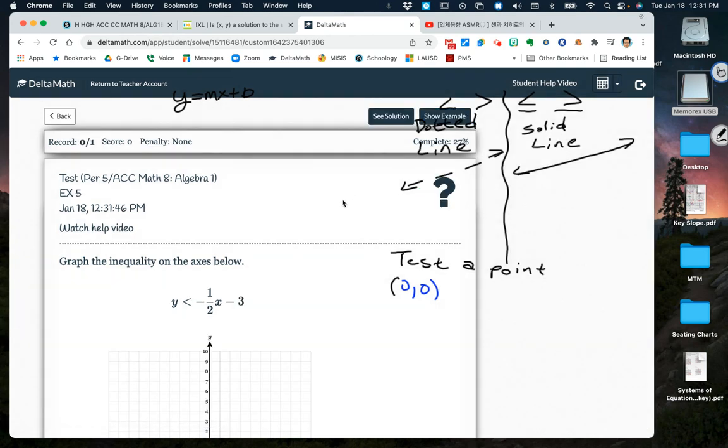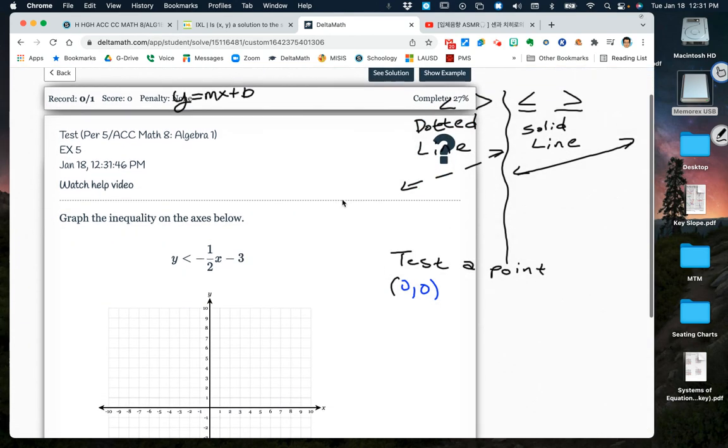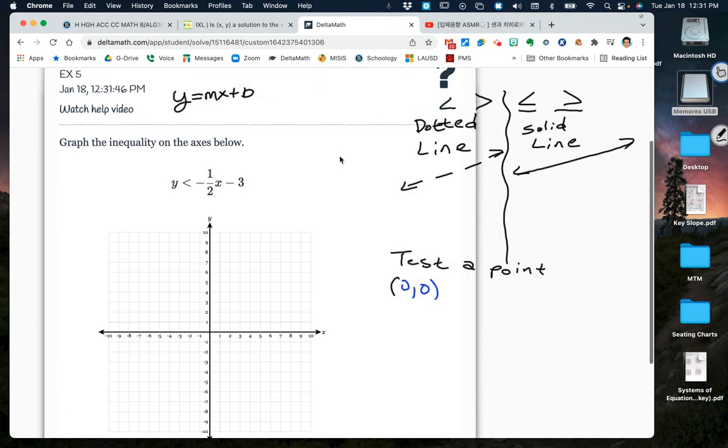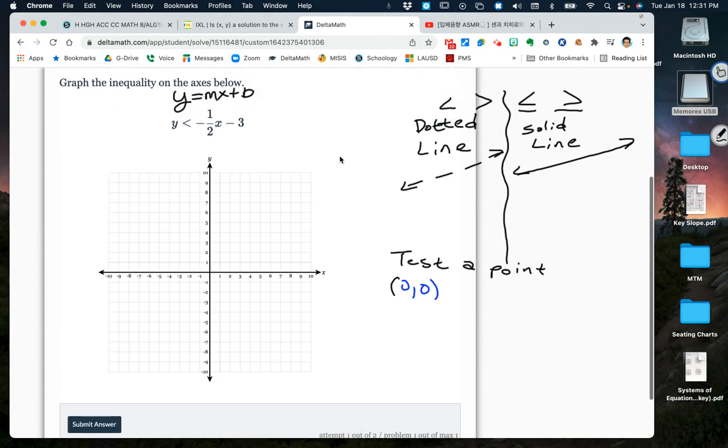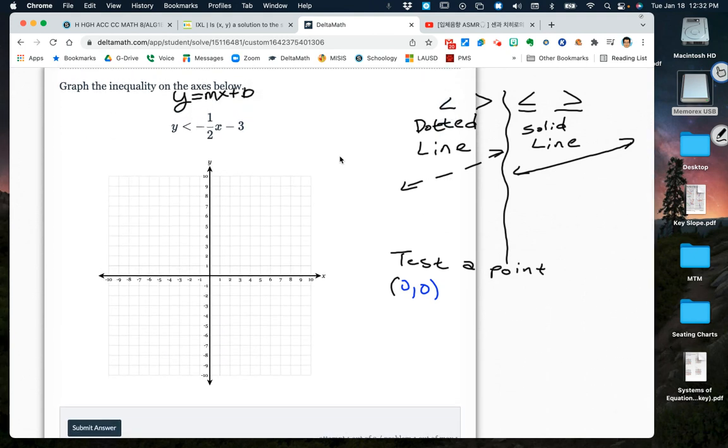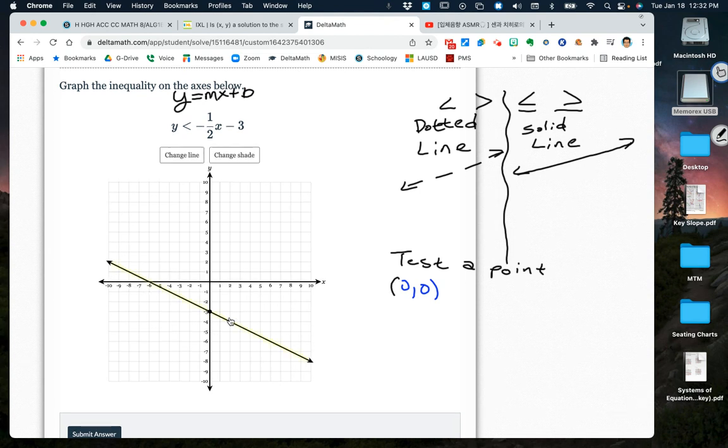Okay, this is the last one, I believe. So let's just kind of do this one together. Yeah, this is example 5. This is it. So graph your line. -3, down 1, across 2. We want a dashed line. We would end up with 0 is less than -3, because this part goes away. We end up with 0 is less than